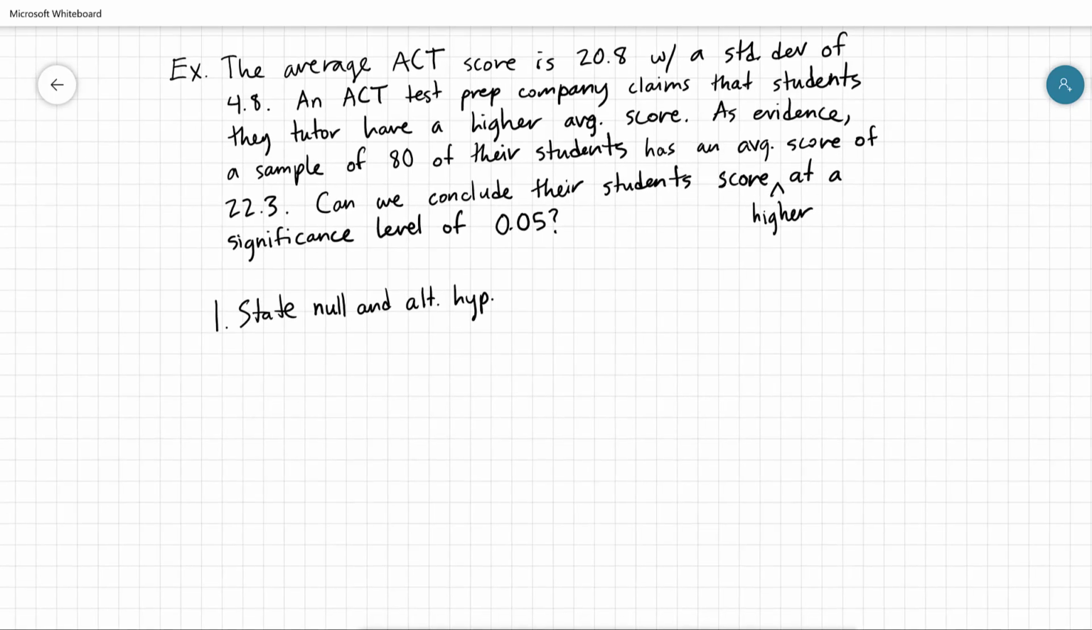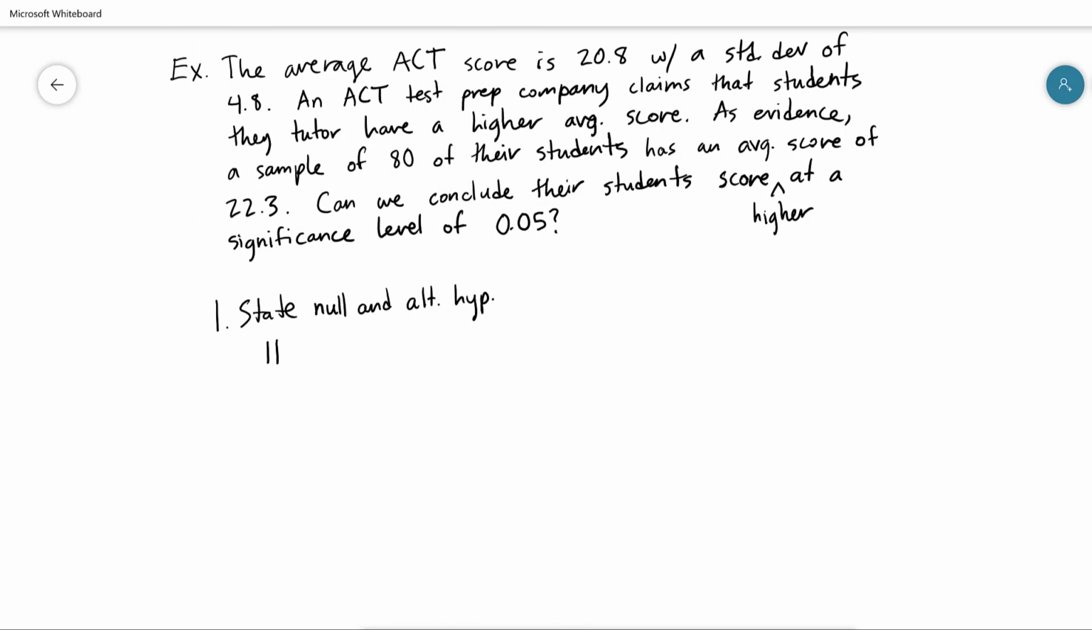Okay, so the null hypothesis is that the answer to that question is no. Their students score the same as everybody else. And the alternate hypothesis will be the one that is supported by the evidence, which suggests it looks like they really do score higher. So in this case, mu equals 20.8 will be our null hypothesis. This says that we think mu, the average score of their students, is exactly the same as the average score of every other student, even ones that don't take the test prep